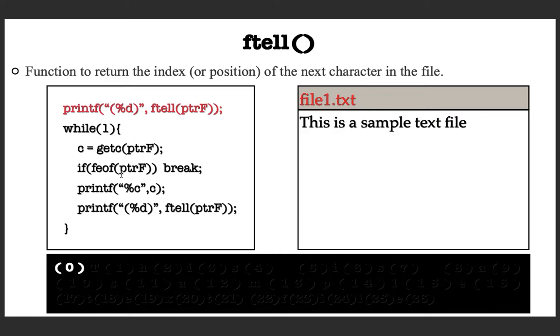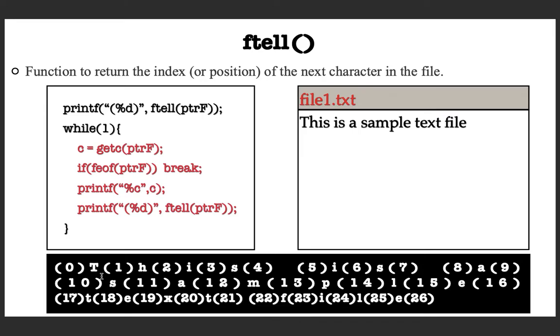And after that, in an infinite loop until the end of file is reached, you are printing the character, then the next position, then the character in the next position. Likewise, if you proceed, this is what you are doing in the loop. If you want to look at the output, this is it. First position is 0 and the character at 0th position is capital T. Next position is 1 within parenthesis, you are printing it. Then you are fetching the next character, which is H, and you are printing it here.